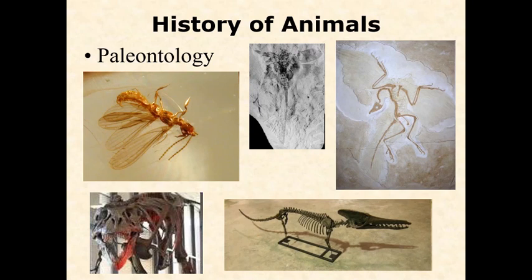Our understanding of the history of animals comes from a couple of different main sources of data. One very rich source, of course, is the fossil record, paleontology. So we have some very, very finely preserved fossils for many organisms. The key to understanding the fossil record, you have to remember, is that the fossil record is snapshots. It's just randomly, and sometimes not even randomly, because there are some structures that preserve better and some conditions that lead to more likely fossilization. So it really is not a random sampling, but a biased sampling of the past. But it's still very, very useful.